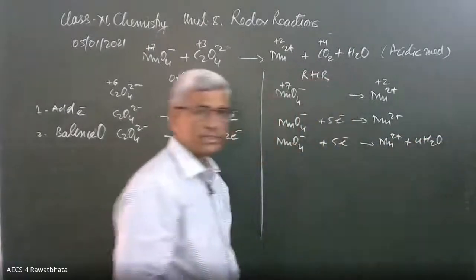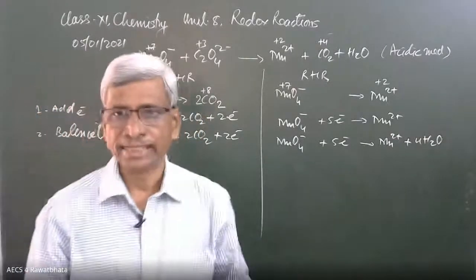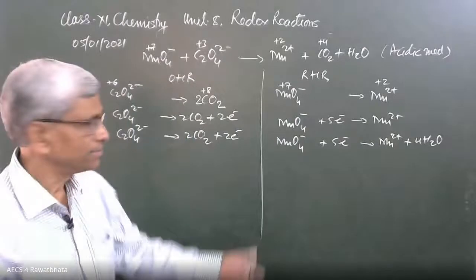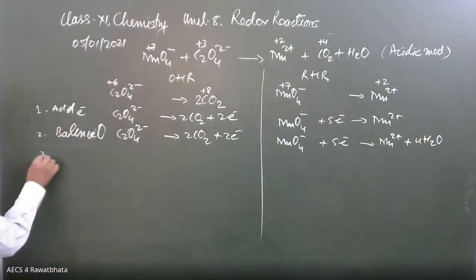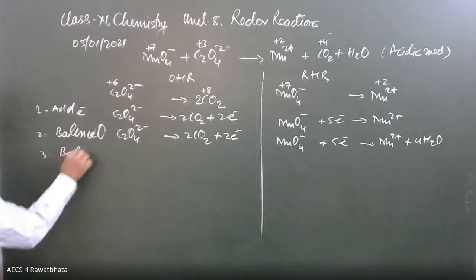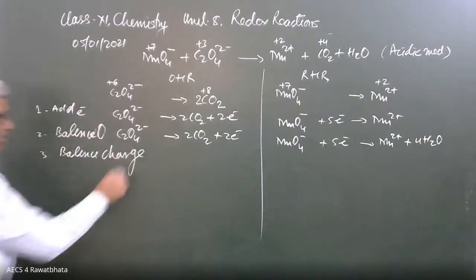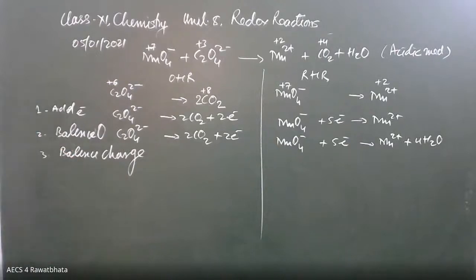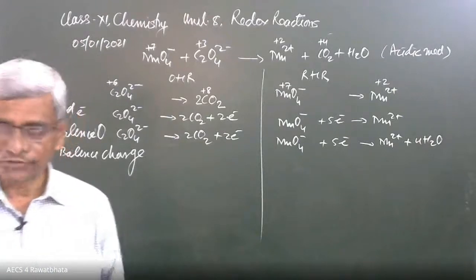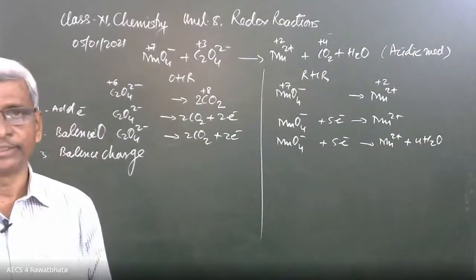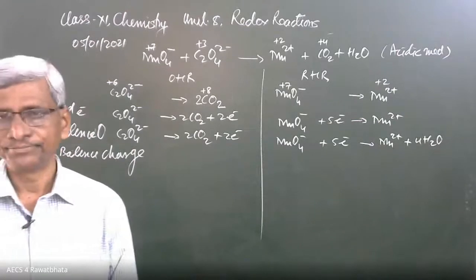While balancing oxygen, we have to add sufficient water to a particular side. Okay, beta? So this is the balancing of oxygen. Step 3, balance charge. These are the 3 steps in this system. We can change the series of the steps. Different books are following different patterns. You have to follow any one of the patterns which you feel easier.